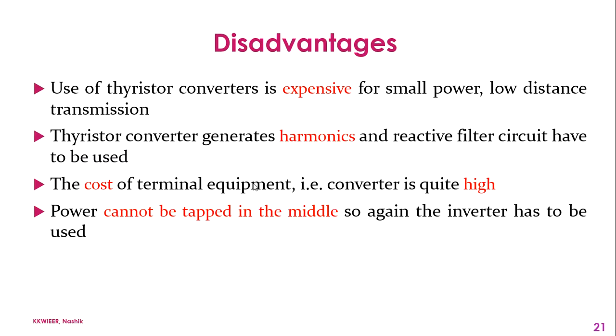So what we have seen is the block diagram or working principle of high voltage DC transmission line. Then we have seen the four different configurations: monopolar, bipolar, homopolar and back-to-back tie station. Along with that, we have studied the advantages and disadvantages of HVDC, that is, high voltage DC transmission line. So in our next lecture, we will see one more application with its working principle.